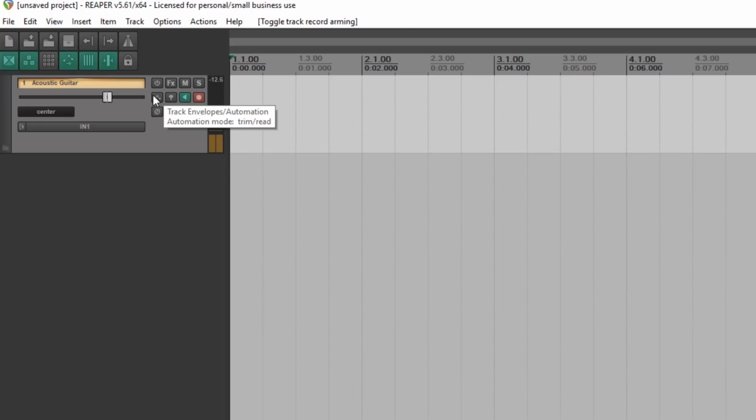Again, I haven't tuned this guitar for quite a while either, so sorry if it's a little wonky. But I'm on a roll here. All right. Yeah, this is no time to work on mic position. All right, so